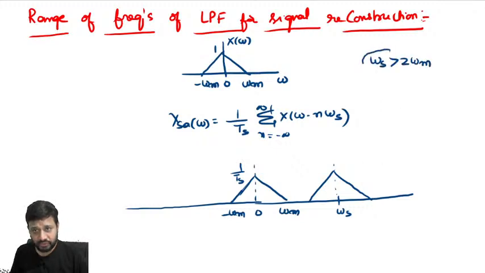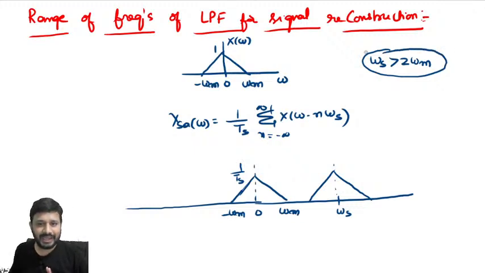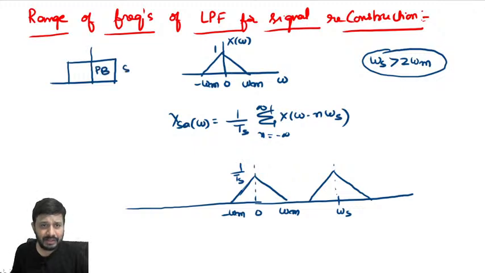Always remember, my dear students, in practice we will go for oversampling only. We won't be going for critical sampling. See, if you are going for critical sampling, the design of the low pass filter will become very difficult, because for critical sampling you need a sharp cutoff low pass filter. Sharp cutoff low pass filter means like this. This is the pass band, this is the stop band. So here there must be a sudden transition from pass band to stop band.